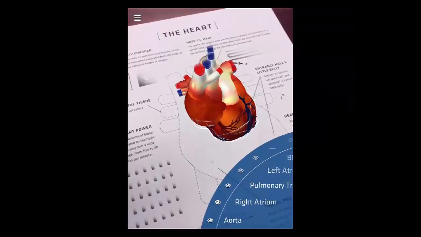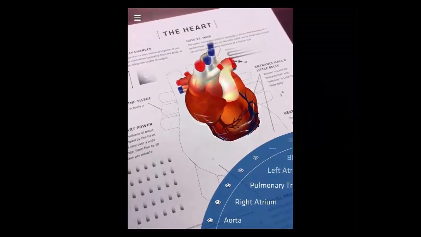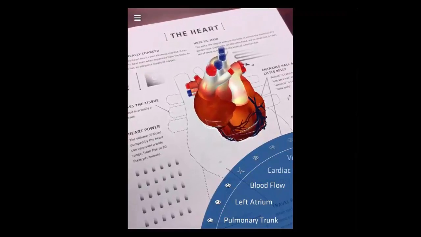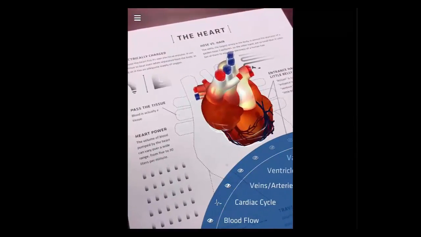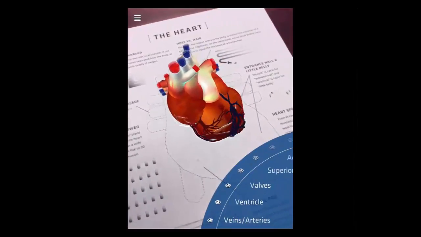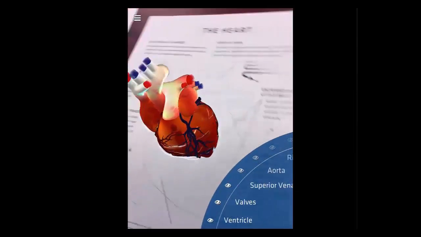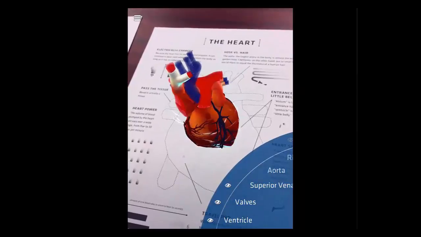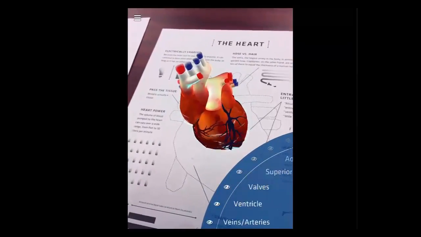And I've got all of the different aspects. I notice I can make it stop pumping and turn the blood flow on and off. And normally there's a sound. I don't know why with the app share it's not showing the sound, so I can take away parts of the heart, bring them back so I can look at each part specifically.